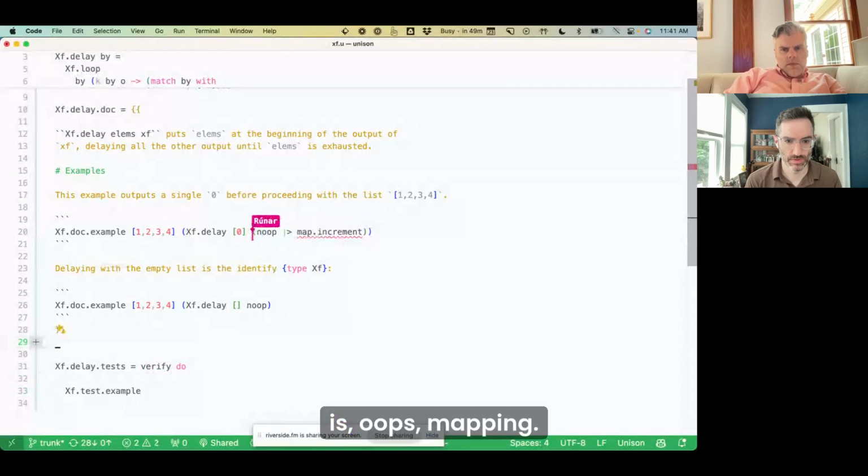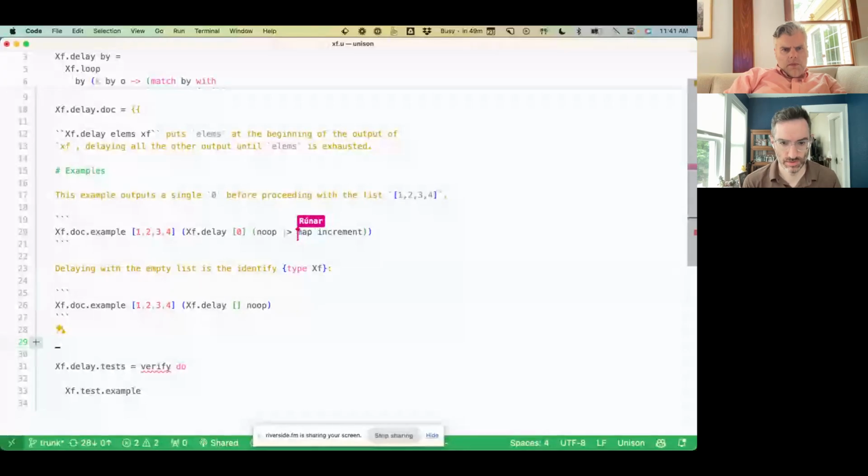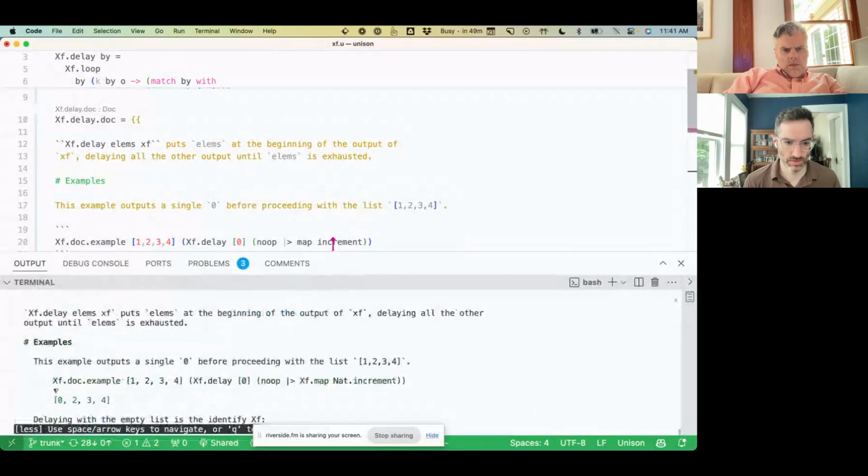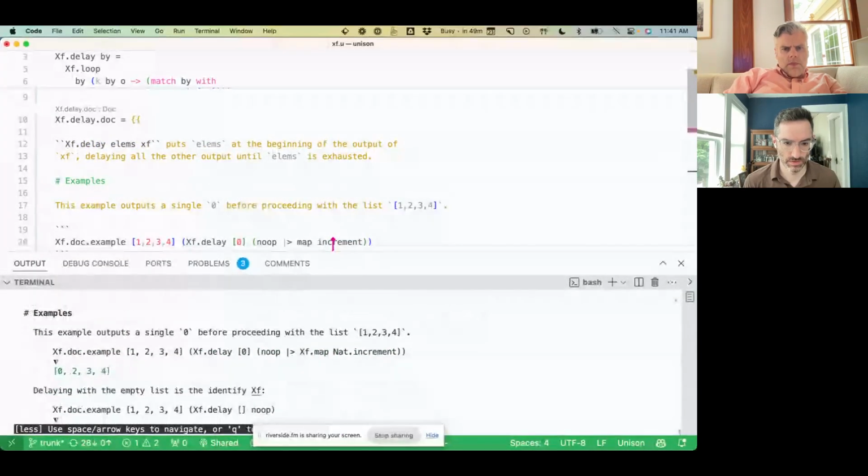Like this. Oops, map increment. Does that work? Yeah, great.